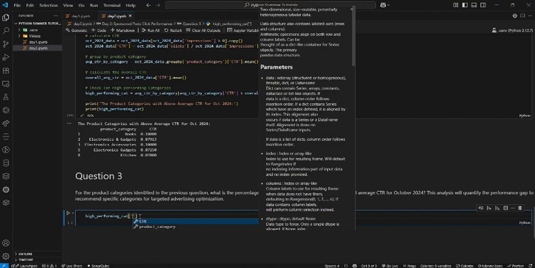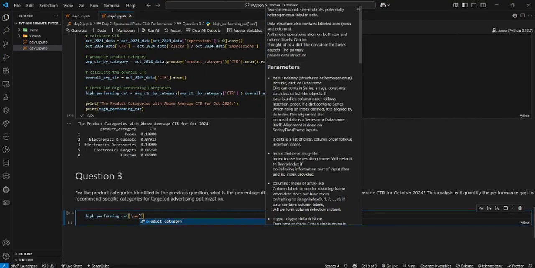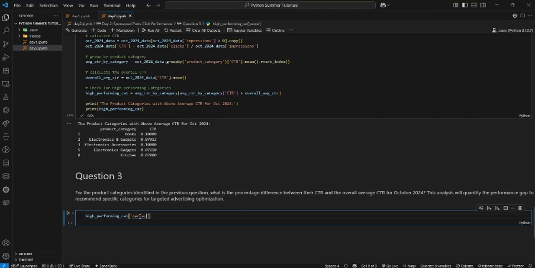I'm going to add a new column, percent difference from overall. So this column is equal to, remember, it's going to be equal to our